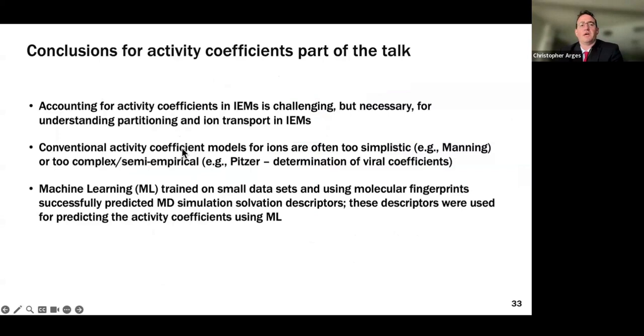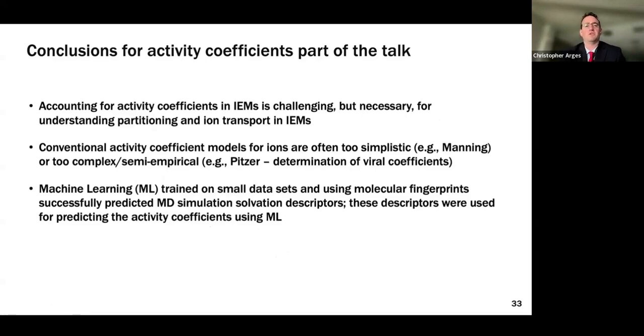I would just say accounting for activity coefficients in IEMs is challenging. We talked about some of the models available to do that, but it is really necessary for understanding partitioning behavior and eventually achieving selective ion transport membranes. The Manning model is pretty nice, but it's too simplistic in some ways, so we usually have to introduce corrections to it. And then there are semi-empirical models, but they require a lot of data, such as virial coefficients, to substantiate them. This is where we think machine learning can be an effective tool, even on small data sets, to predict